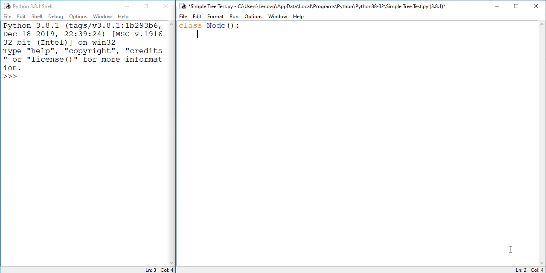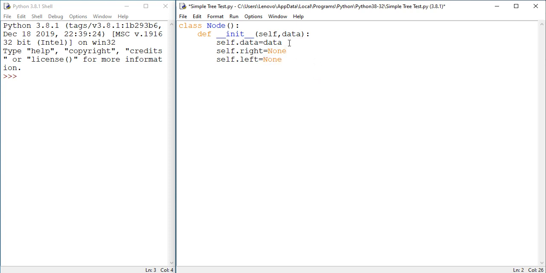It doesn't receive anything, and we're going to do dunder init. Exactly like we did with doubly linked list, it's going to receive self and data, and we're going to have self.data equal data. We don't have next, we have right in here, so self.right equal none, and instead of previous we have left, so self.left equal none. We can change those two,